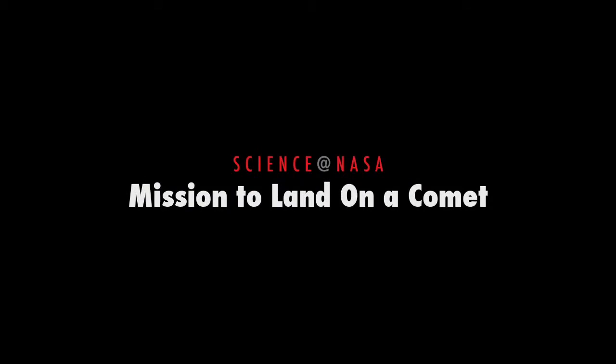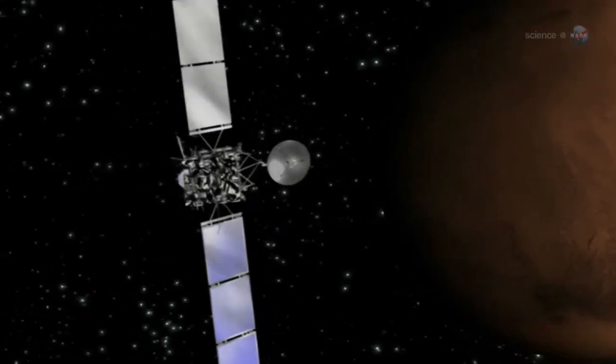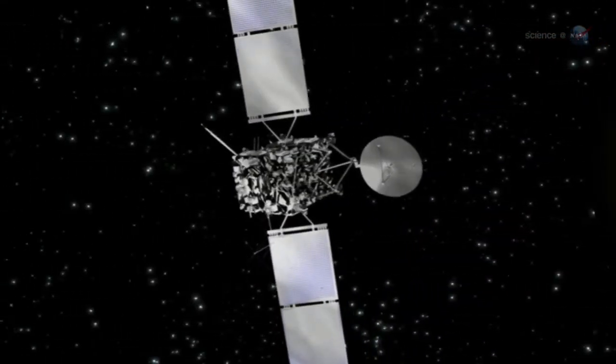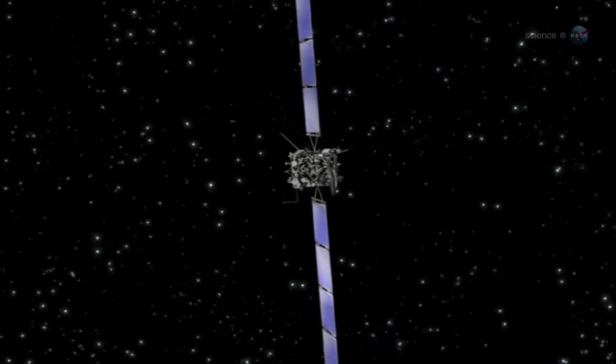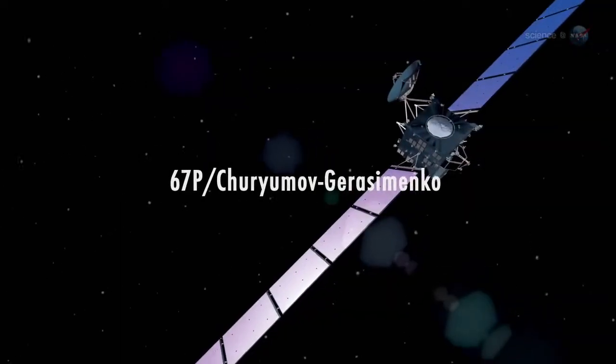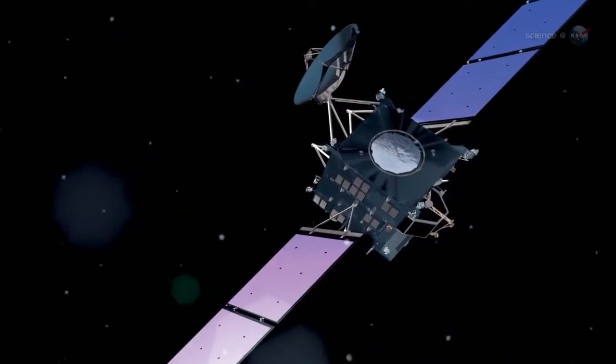Mission to land on a comet, presented by Science at NASA. Europe's Rosetta spacecraft is en route to intercept a comet and to make history. In 2014, Rosetta will enter orbit around Comet 67P Churyumov-Gerasimenko and land a probe on it, two firsts. Rosetta's goal is to learn the primordial story this comet tells as it comes to life, transitioning to its more